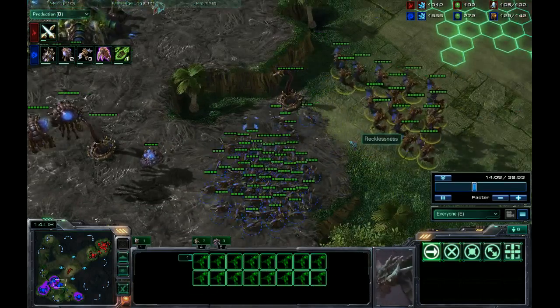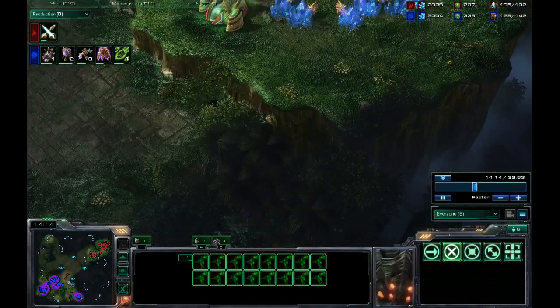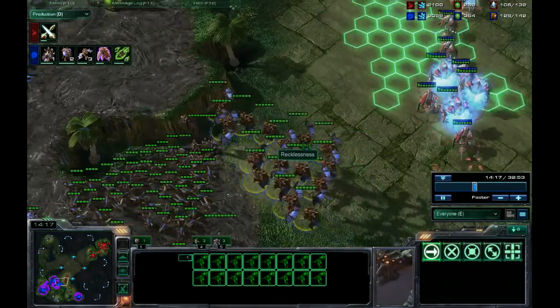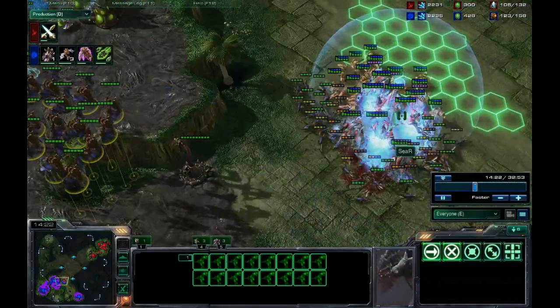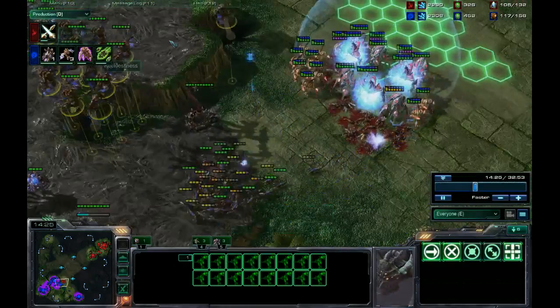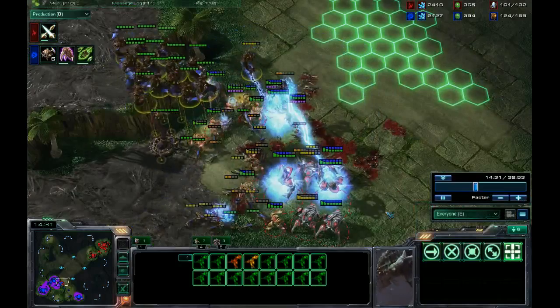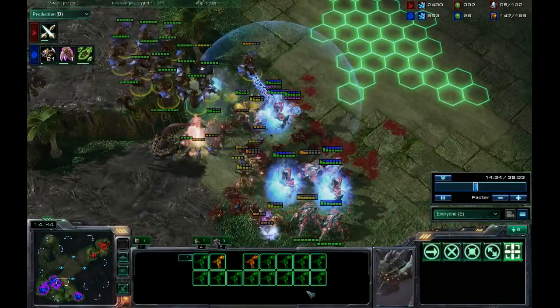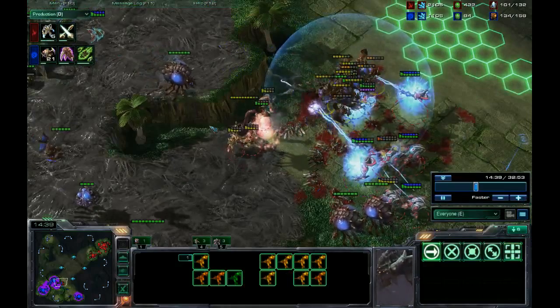when you get that first handful out, you need to be going out into the base and start doing that harassment. If he had been a little more proactive with the harassment, he could have actually prevented this push from the Protoss player, because he would have known, oh, I can't leave my base right now because I'm just going to lose everything to this whole flock of Mutalisks, and he would never actually make it down here to really